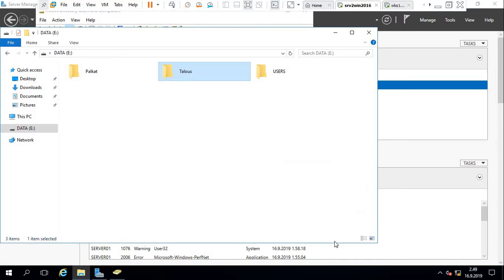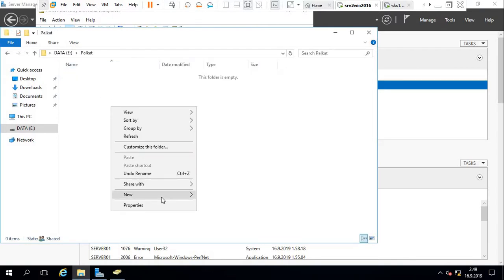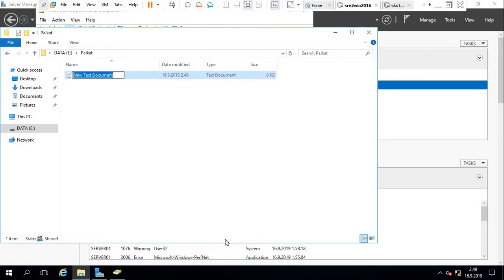So now what we have to do is make this folder a mapping. How will we map it? This is a special folder. It is showing in the network for all the groups. Let's say we create a normal file. For example, somebody who is working here will see this file,